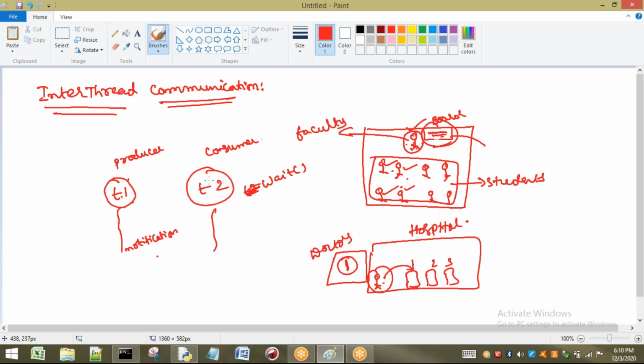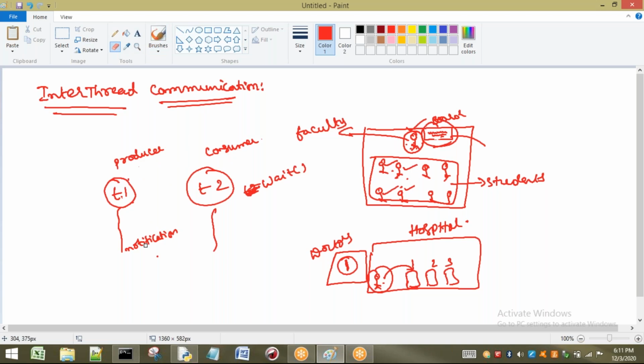The task of the consumer is to consume the data. If the producer is not going to produce, can the consumer consume? No, it is not possible. Next, if the consumer goes on consuming without production by the producer, there is a problem. And if the producer goes on producing without consumption by the consumer, there is a problem. I will discuss that problem now.